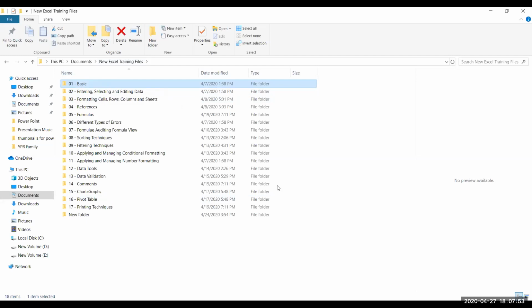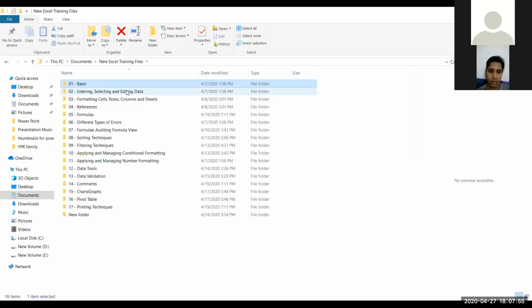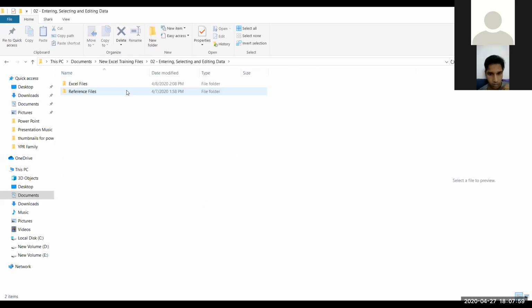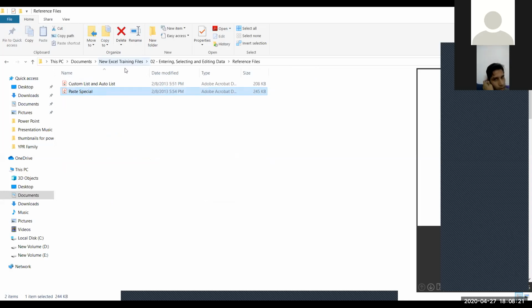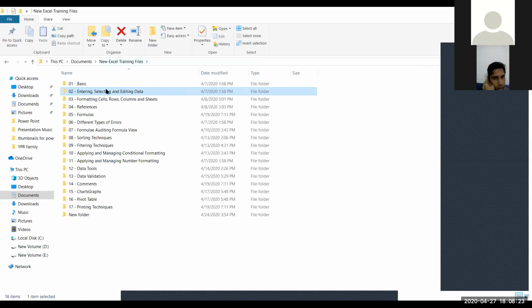Okay. So next we'll also be learning different types of shortcut keys that we use to deal with day in and day out Excel topics. Excel functionalities that you work on could be preparing a custom list, using auto lists that are already available in Excel, and the different types of paste special methods that we have in Excel. So these things will be covered in the first two chapters.